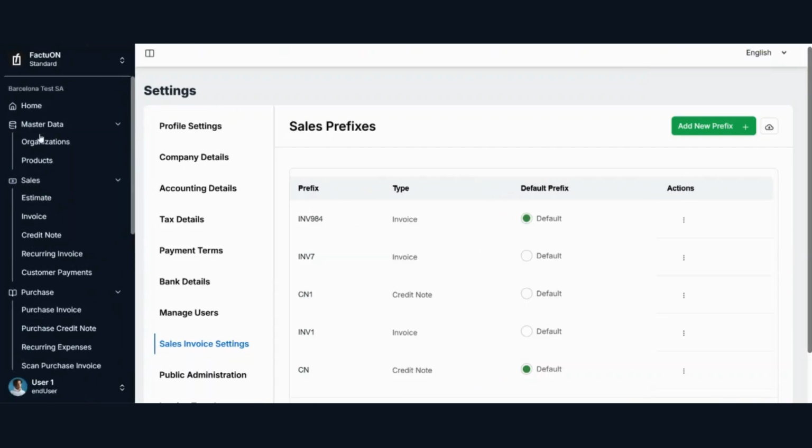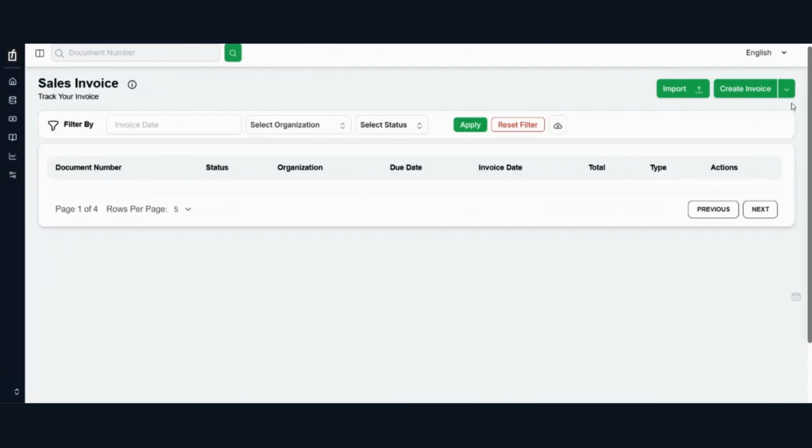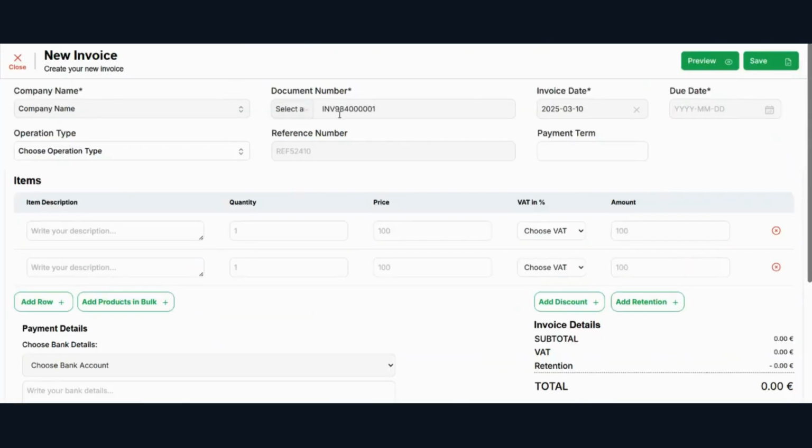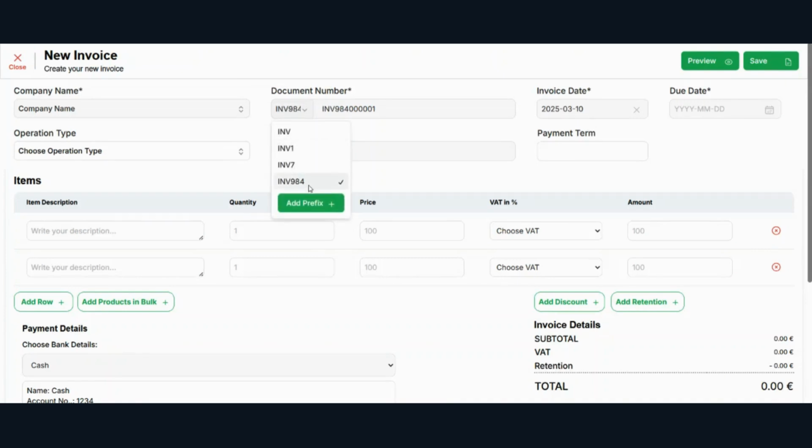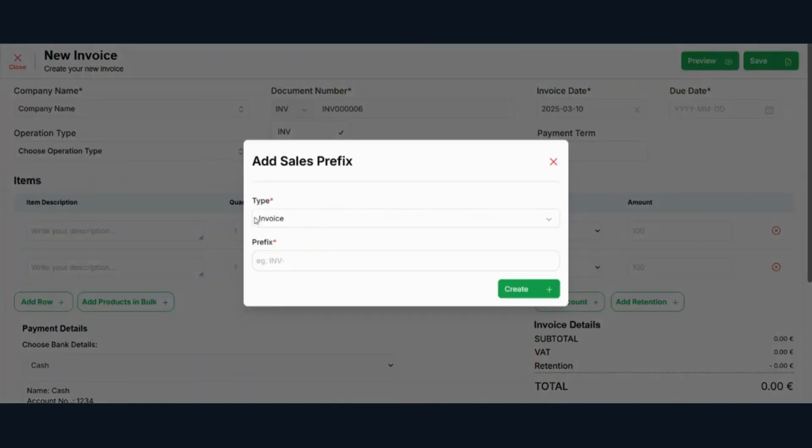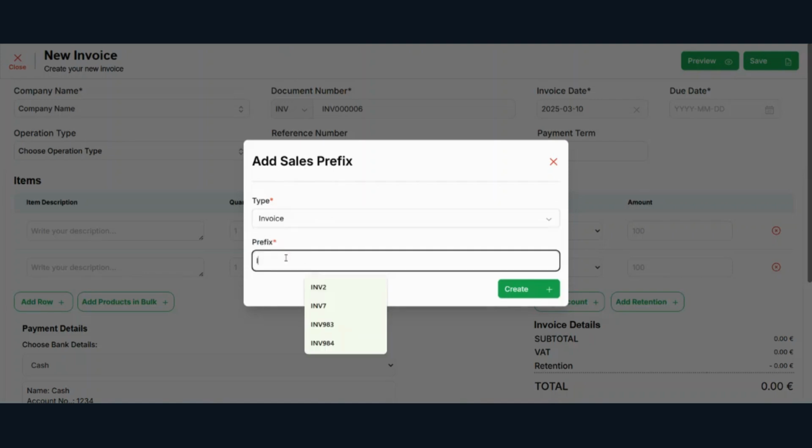Let's move here and show this. See, your invoice prefix is added here by default. From here you can change it. Suppose inv is your default prefix, but you get your new prefix from here also. And if you want to add a new prefix from here, simply you can choose. It was for invoice, so invoice was automatically selected. If it was the credit note page, then it would by default show the credit note. So let me add here.